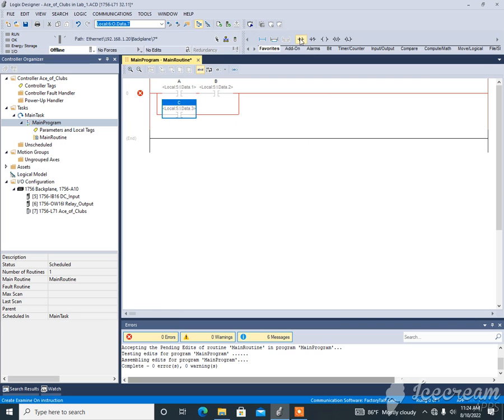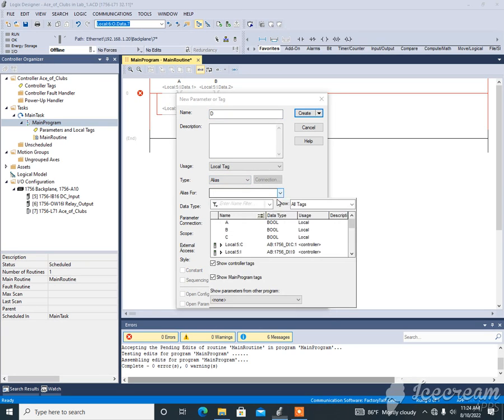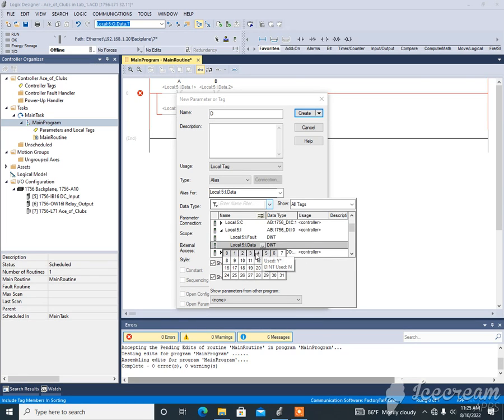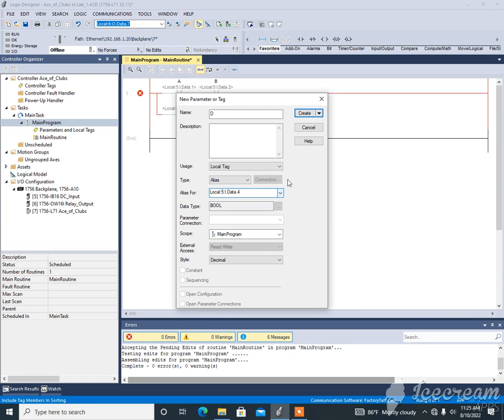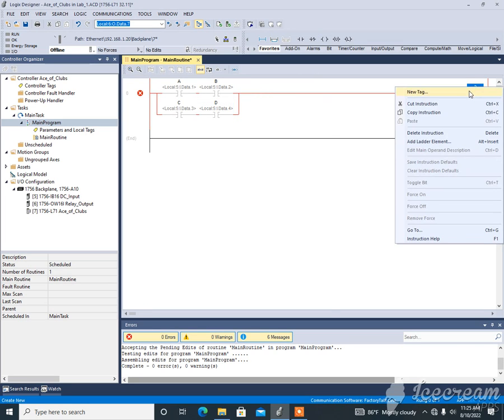And then we need one more, which is going to be D. So it will be C and D. So we'll alias that for our last push button, data 4. And we'll hit create. And then we're going to add a new output, and we'll create a new tag for that,